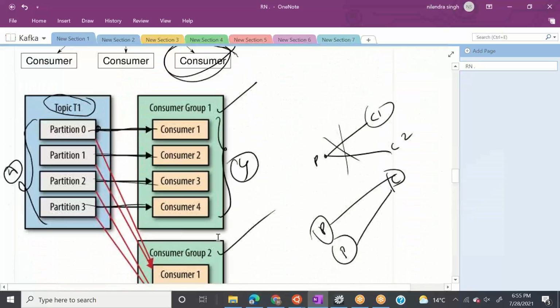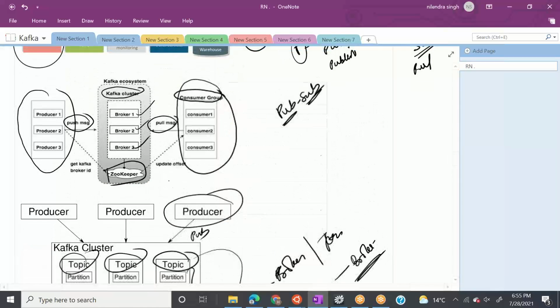Now, one thing I missed. That one thing is Zookeeper. So now, the question, there are so many components. You guys must be aware of. There are brokers, there are consumers, there are offsets, there is leader, a lot of things, right? The question arises, who is maintaining this metadata? Who is keeping track? Who is leader? Which broker is active? What is the offset? Till where, like, a lot of metadata. The whole responsibility goes on the shoulder of Zookeeper.